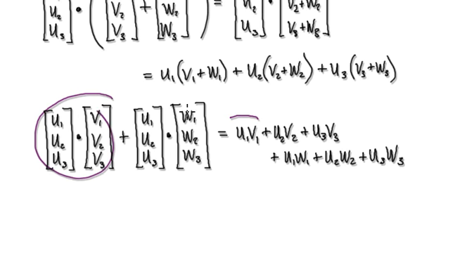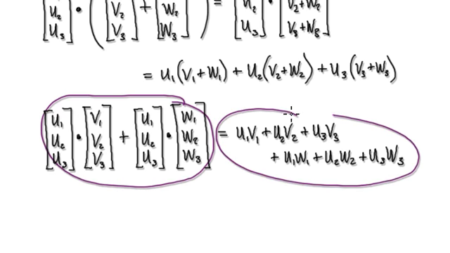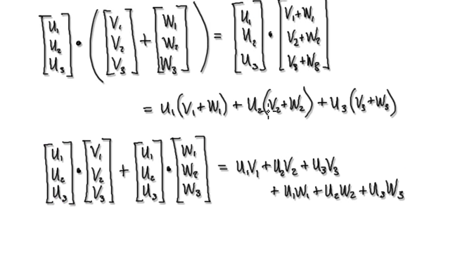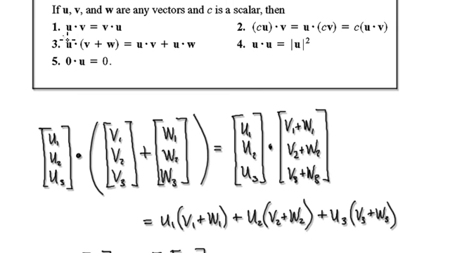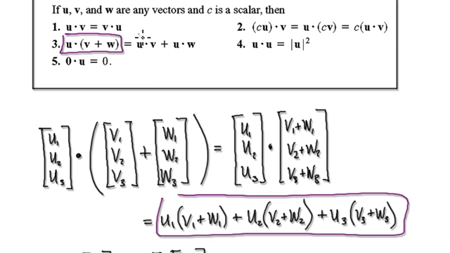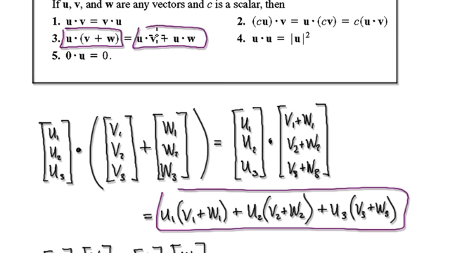So this thing here will be this. Going back a step. This whole thing here becomes this. Now this whole thing here will then become